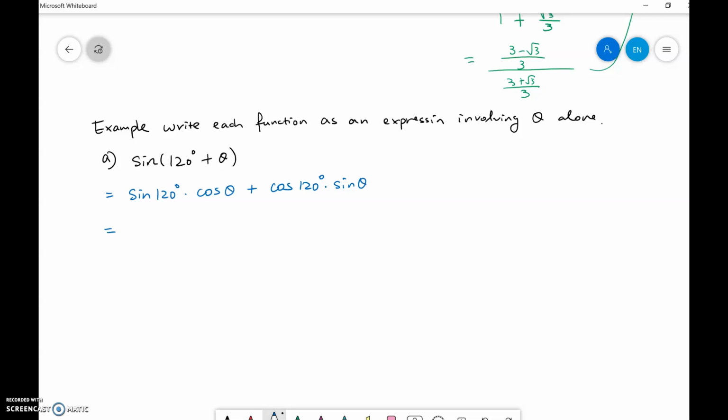Sine of 120 is square root 3 over 2, because it's 120 degrees, in the second quadrant, so it's still positive. And then cosine theta is cosine theta. Cosine of 120 is negative 1/2, times sine theta. Combining everything,